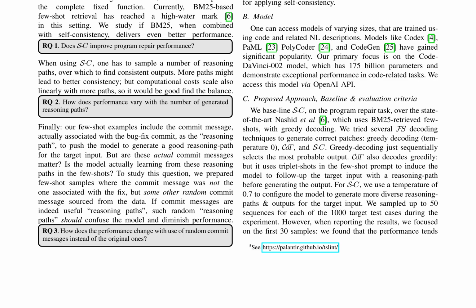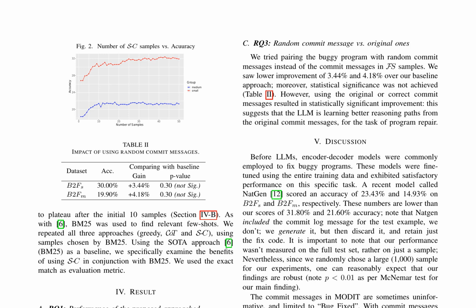Regarding the number of samples needed for SC, the performance consistently improves for the first 10 samples for both datasets, but the benefits taper off after this point. For B2Fs, the performance continues to improve with an increasing number of samples, although the benefits decrease. The authors choose 30 samples as the optimal number for their results, with the complete processing taking less than 5